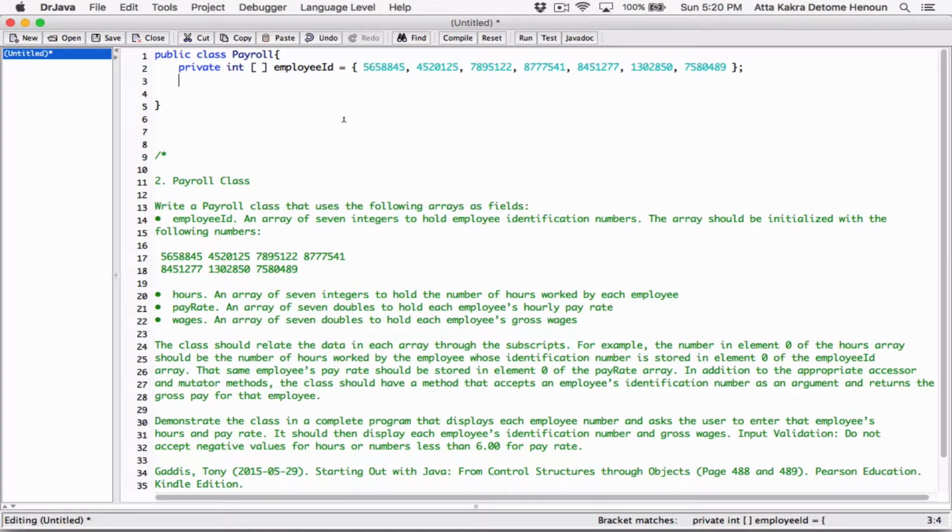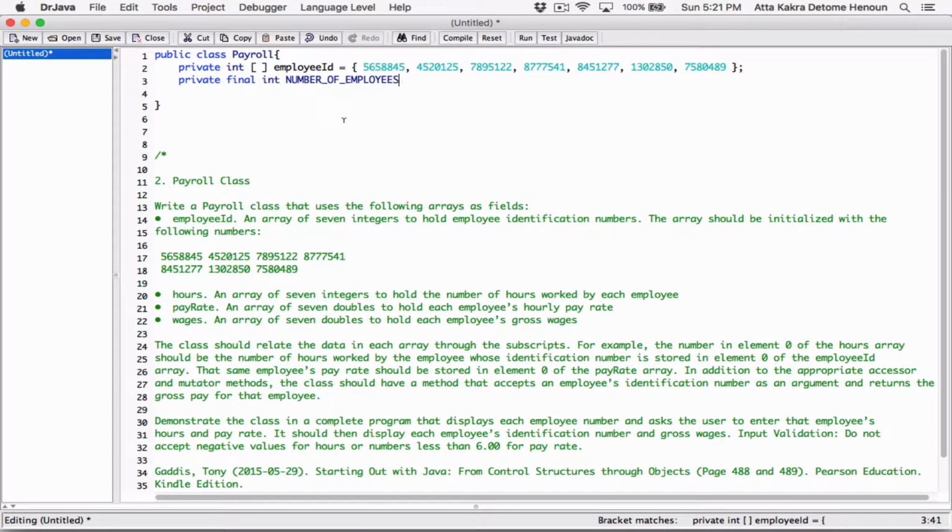And so I'm going to create a private field. Again, it's going to be a private field. It's going to be a final variable, which means a constant. It's going to be an integer, because it's just going to be the length of an array, which is just maybe 6 or 7 or 8 or 9. In this case, it's 7. So private final int, I'm going to call it number of employees. And since it's going to be a final variable, I'm going to use uppercase separated with underscores. So number of